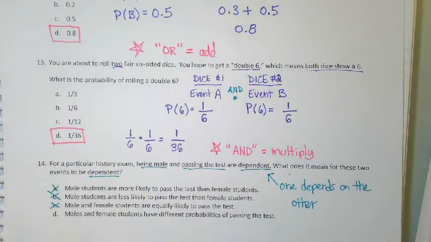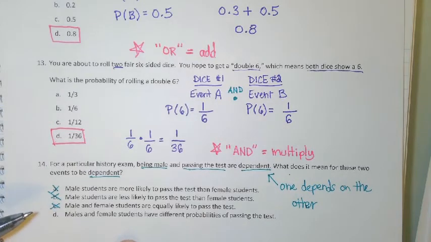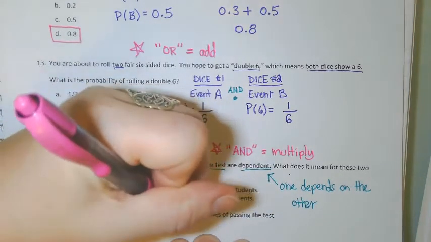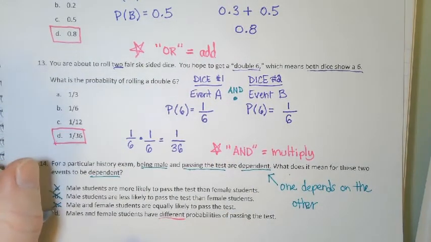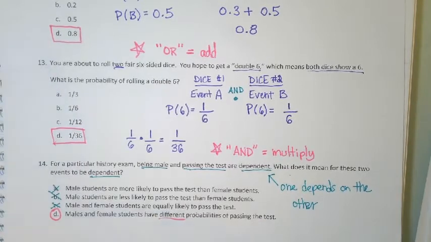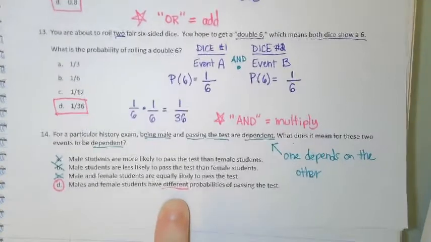So process of elimination leads us to answer choice D, which states males and female students have different probabilities of passing the test. And that is the correct answer. So we don't know if males are more likely or less likely to pass the test than females, but because being male and passing the test are dependent, we know that the probabilities have to be different for males and